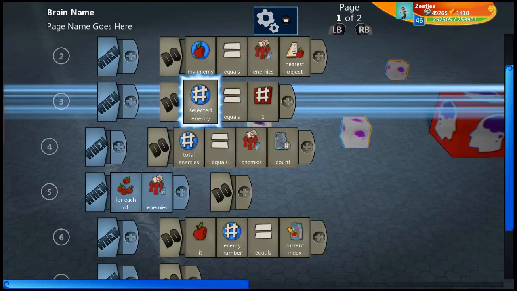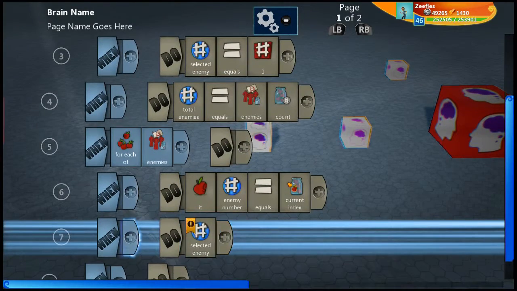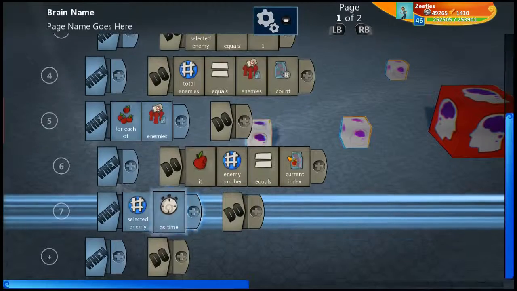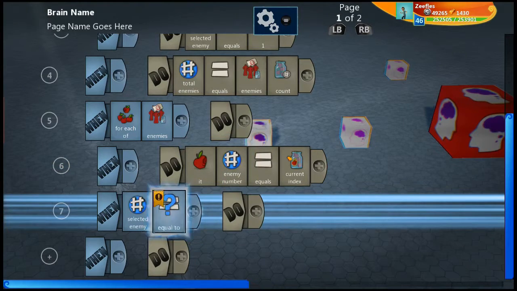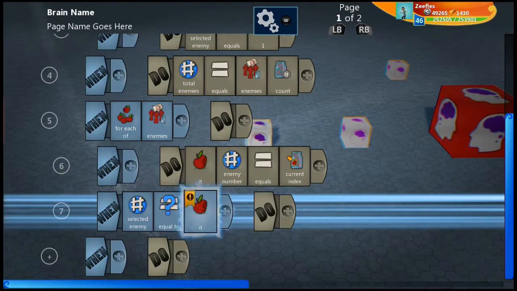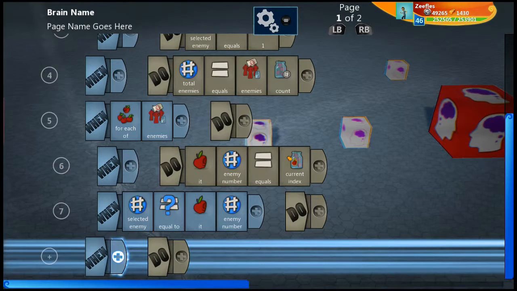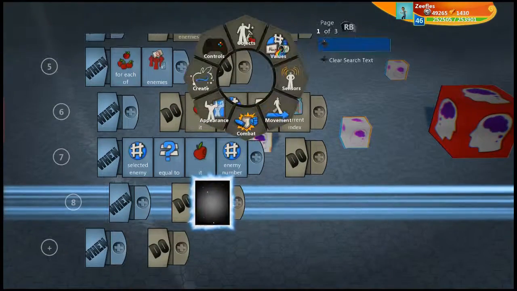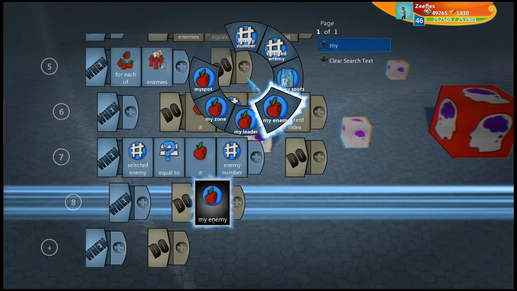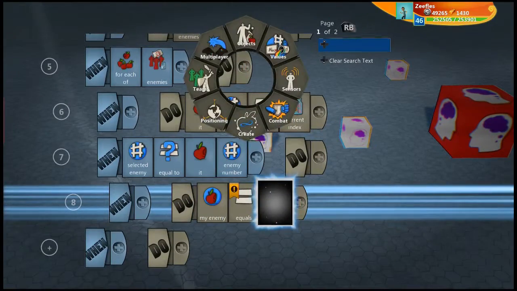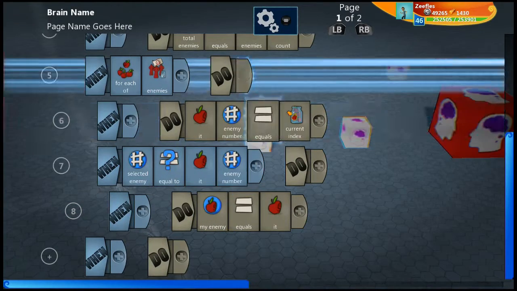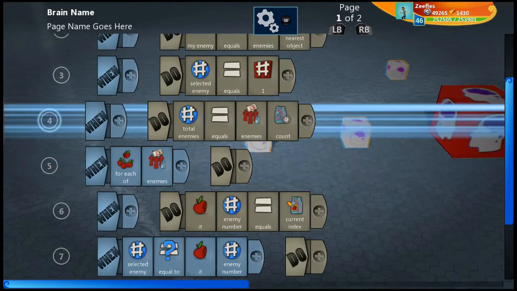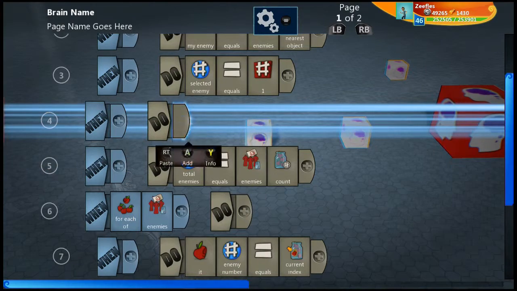Now what we need to say is when selected enemy is equal to enemy number. So it's going to go through every single one of my enemies, and when selected enemy is equal to enemy number, we're going to say my enemy equals it. Okay, so if my selected enemy number is the same as their enemy number, we're going to do that. So what we're doing right now is basically making a small list of enemies,